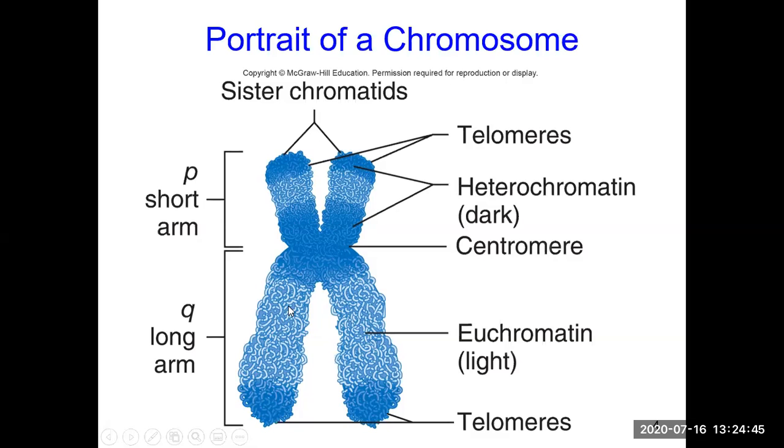And this is how a chromosome would look right before cell division. Why? Because from one single strand, it has become double-stranded, and these double strands are exact copies of each other. So they are known as sister chromatids. If this is, let's say, chromosome number 3, every individual, all of us, have a pair of chromosome 3 because we have chromosomes existing in pairs, right? We are diploids. So we would have one chromosome 3, another chromosome 3, and right before cell division, each of these chromosome 3 would have 2 sister chromatids. And this chromosome 3 and the other chromosome 3 are homologous chromosomes. That means they are homologs.